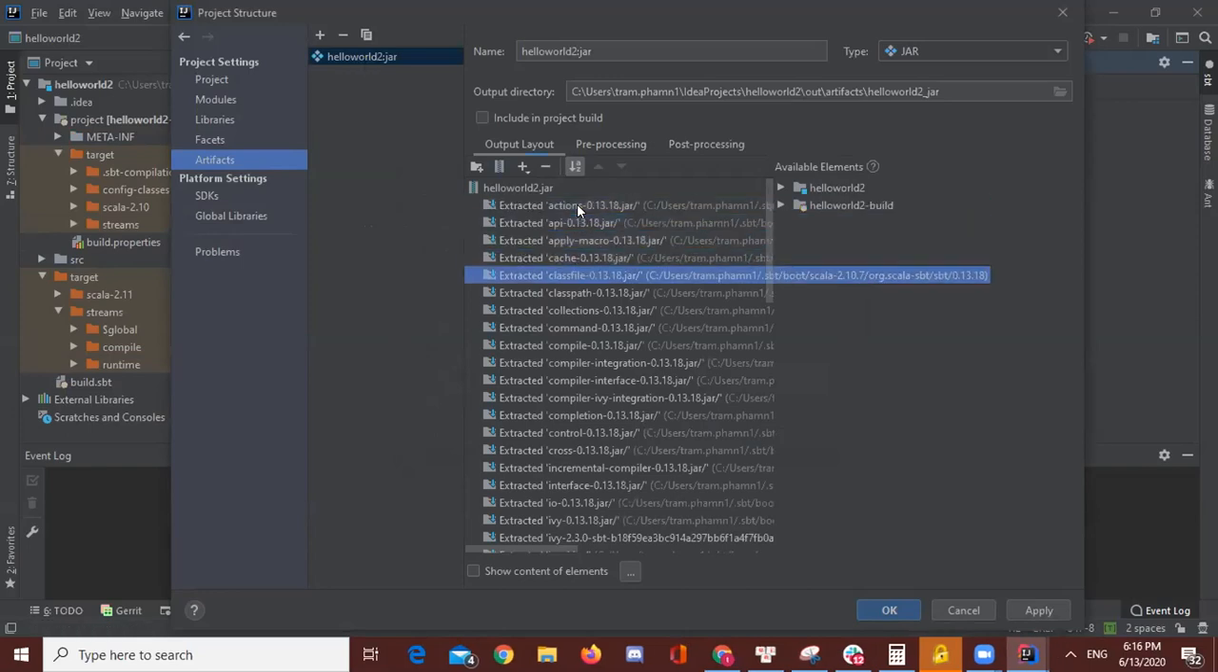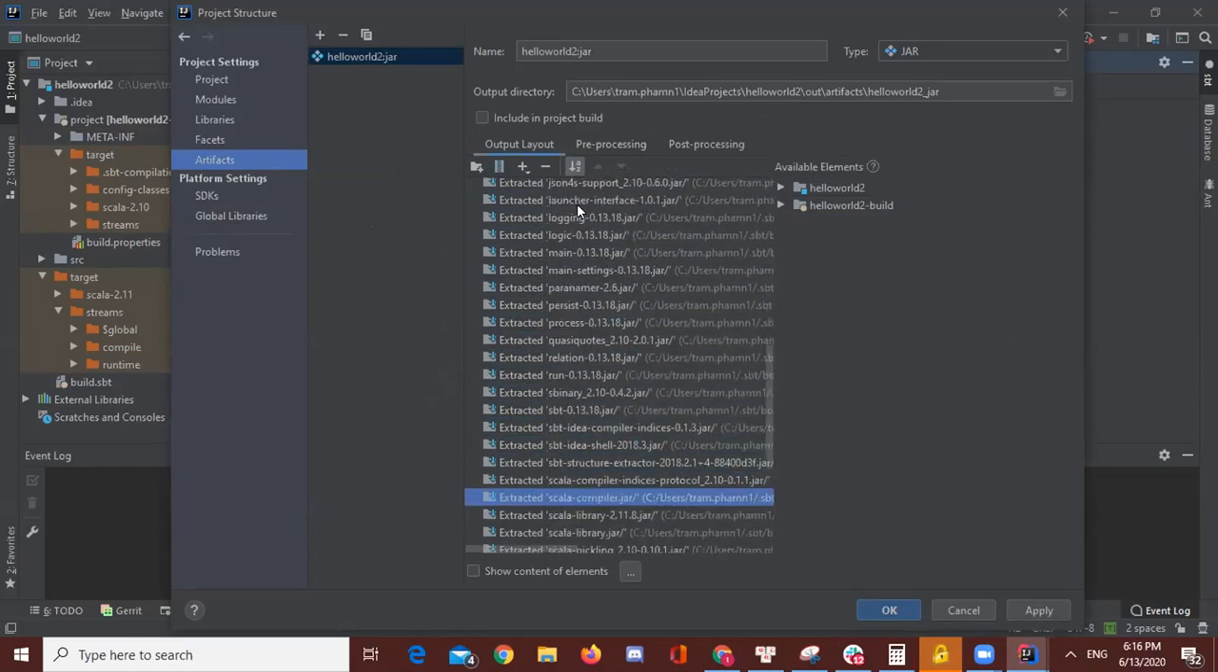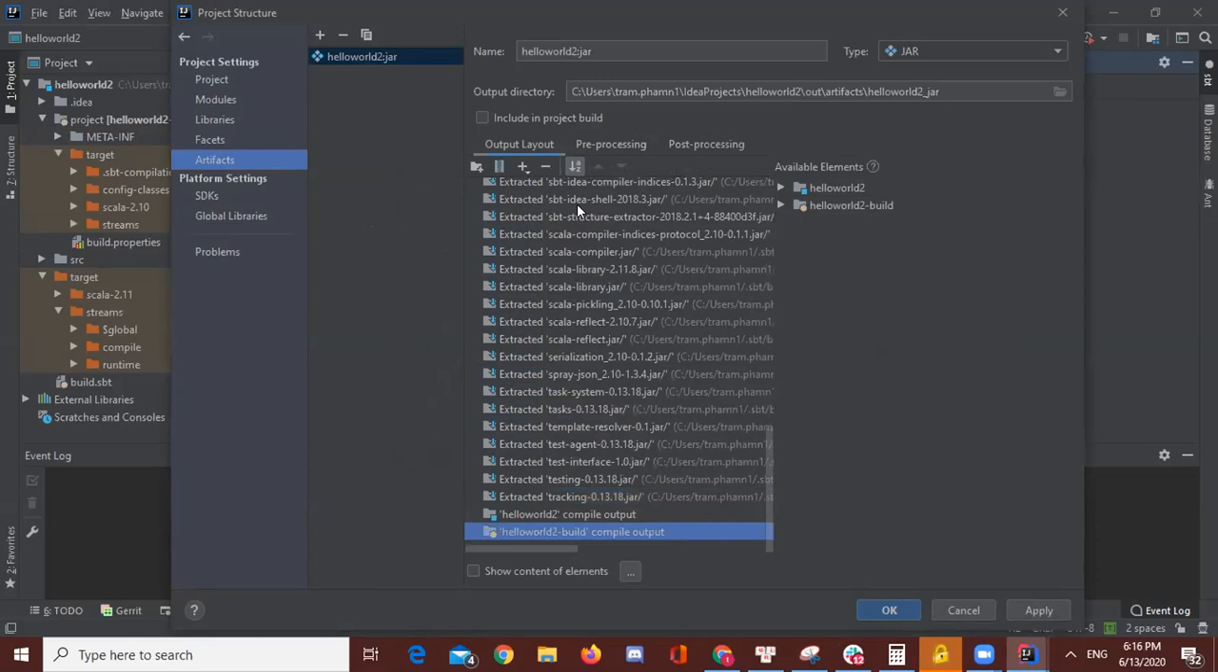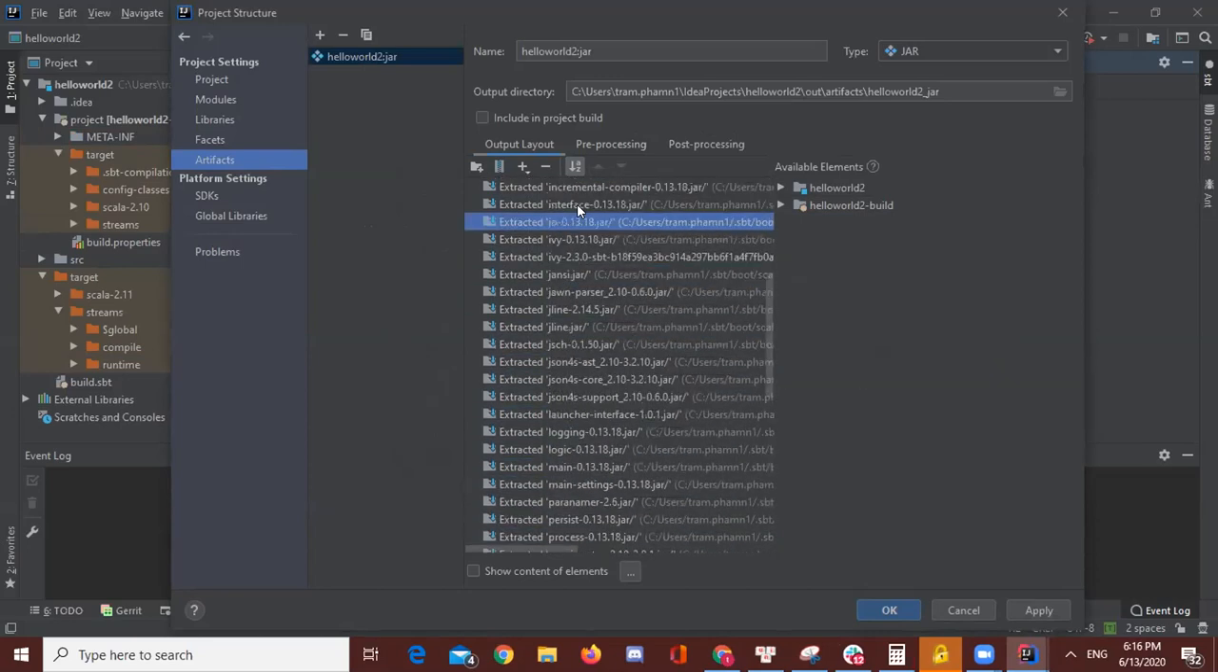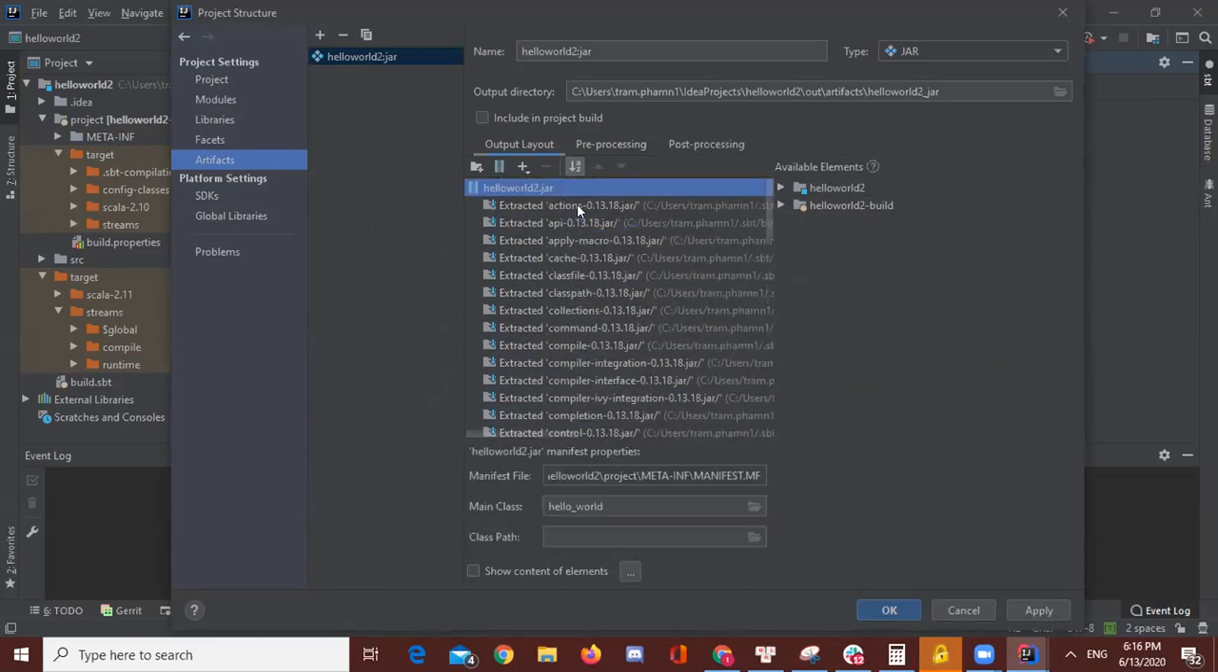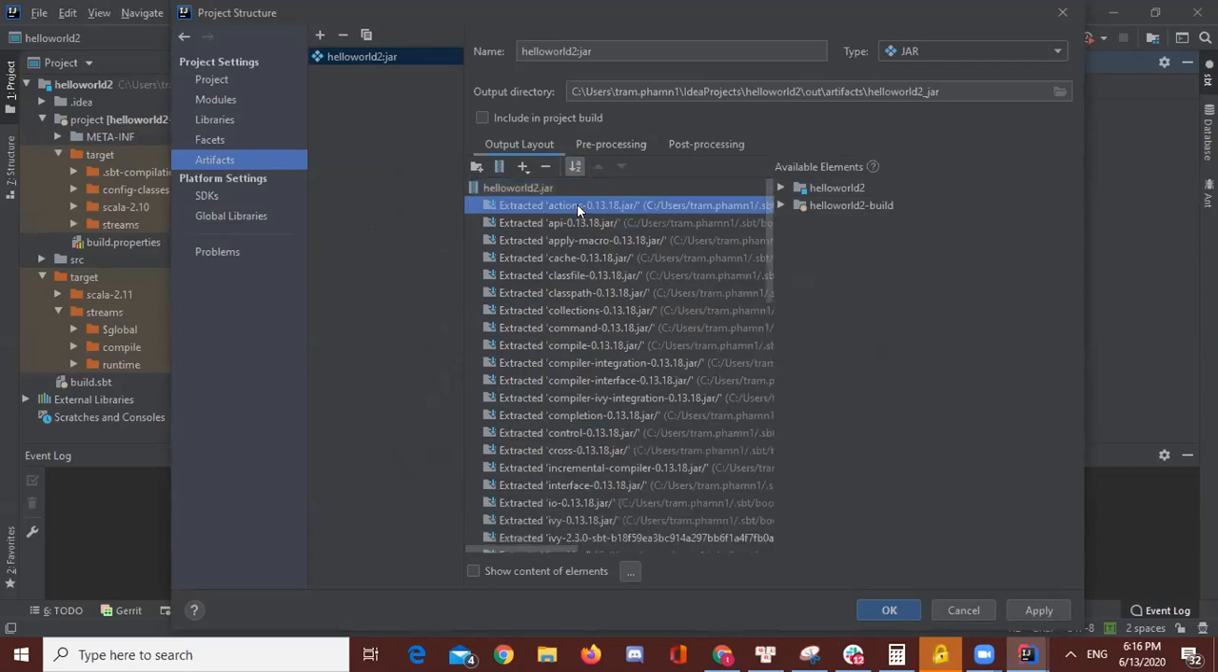It includes all the jar files which SBT has. You can see all the dependencies. If you want, you can remove them if all the libraries are available in your remote cluster where you want to submit. Otherwise, you